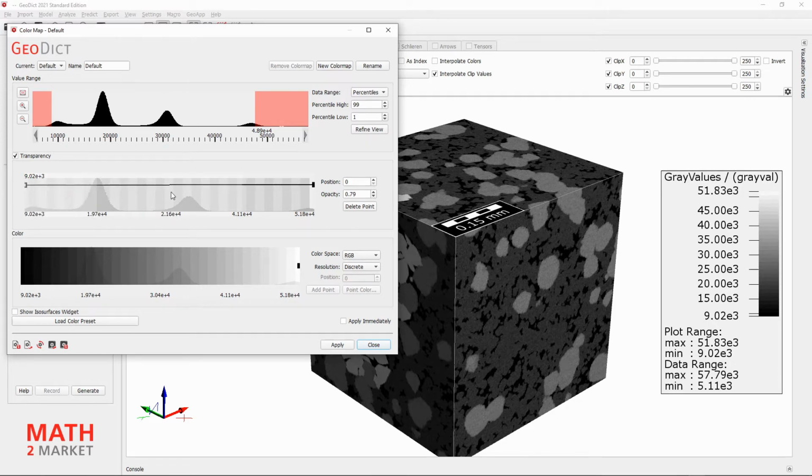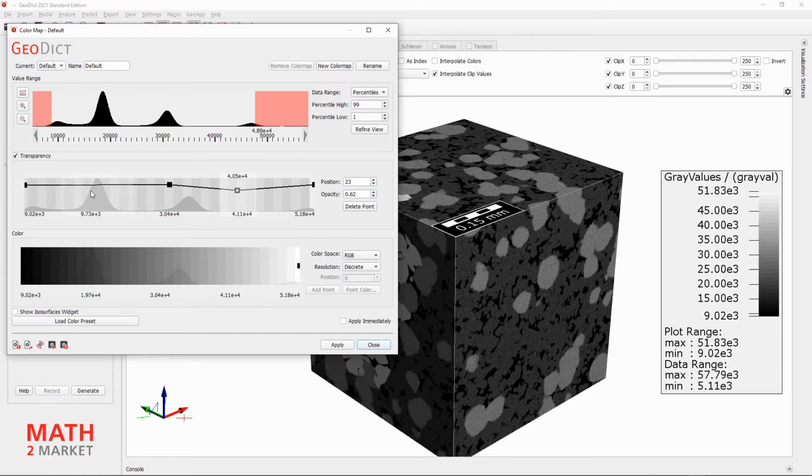We click on the free area between 2 points. On the right side, the button Add Point will be activated and we can add another point. We can also right-click in the free space between 2 points to add a point like this. The new point is automatically selected, which can be seen by the smaller white rectangle inside the black rectangle. On the right side, we can also see the position and the opacity value of the point.